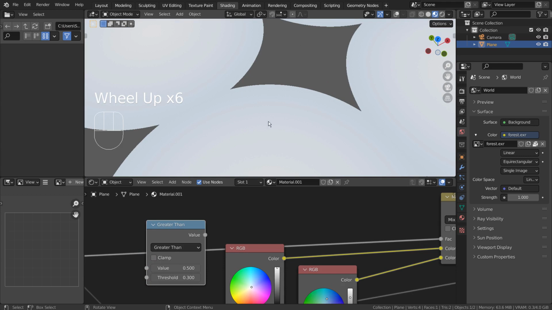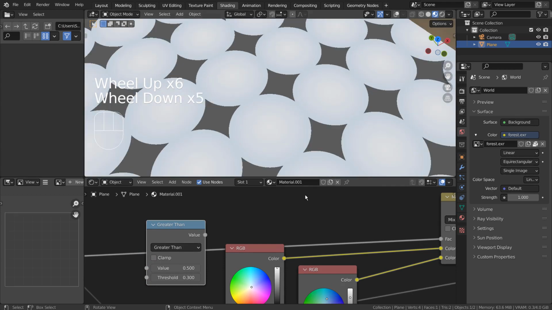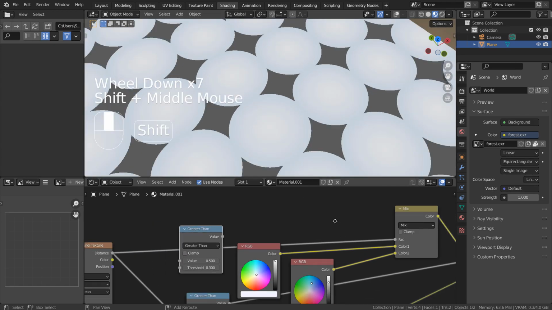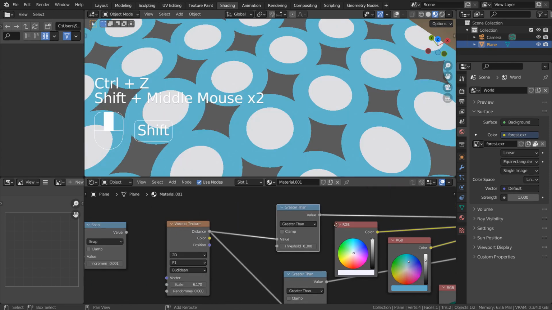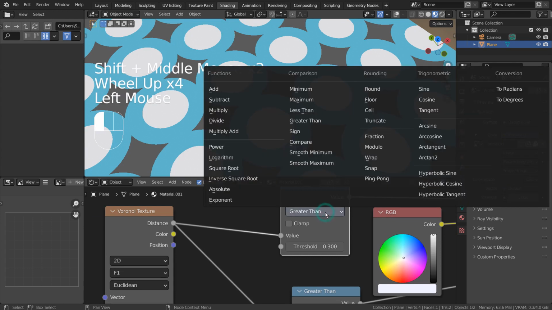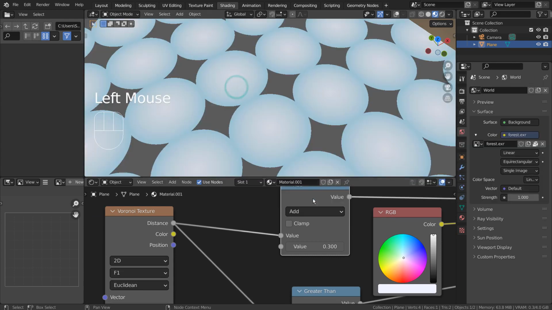We would not see the blue circle if we were not using the greater than math node. There are other options within the math nodes that will make interesting results.